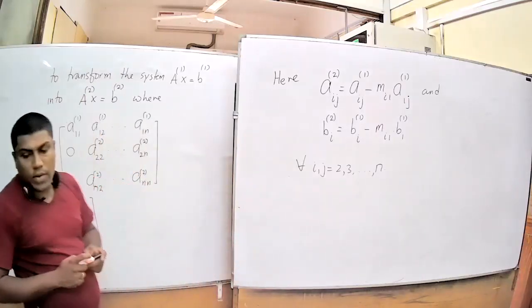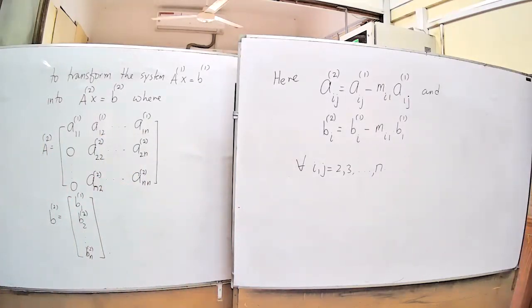By doing the work by hand, if you do the row operation by hand, that is an exercise for you. If you do that, you will see a general formula for these terms, aij(2) and also bi(2). The general formula will look like this. So when you do the actual computation, the actual row operation, you can see that this looks like this. So this completes the first step.